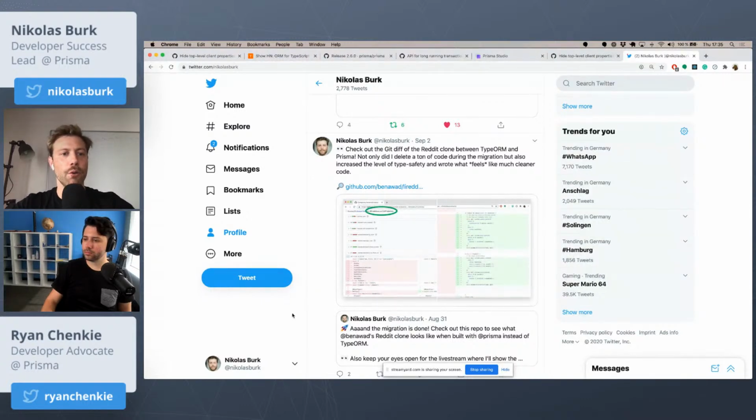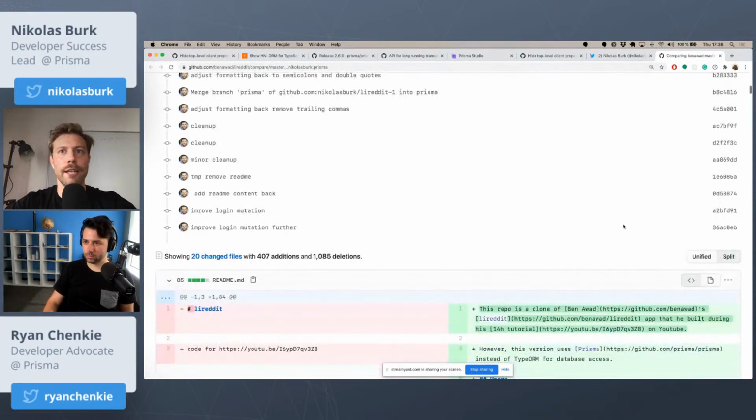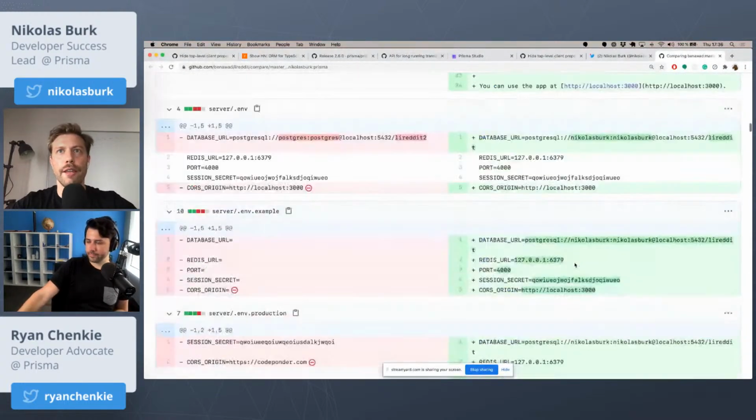So I first cloned his repo. I made it work on my machine. I had the entire application running. And then I thought, okay, what does it feel like to now gradually replace TypeORM with Prisma Client? So I went in there, I started with introspection, I generated my Prisma Client, and then I, one by one, looked at the database queries that he made with TypeORM, and adjusted them to use Prisma Client. And the results can be viewed here in this Git diff that I want to show to everybody now, that shows the difference